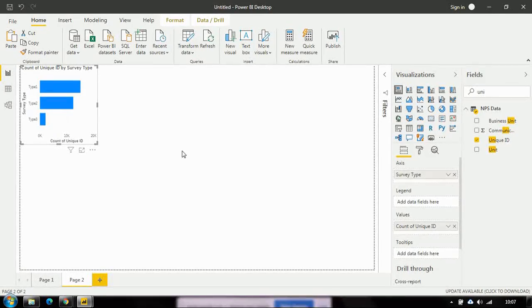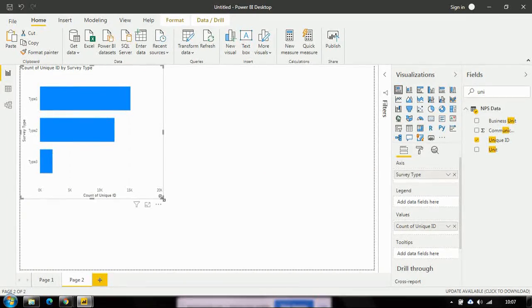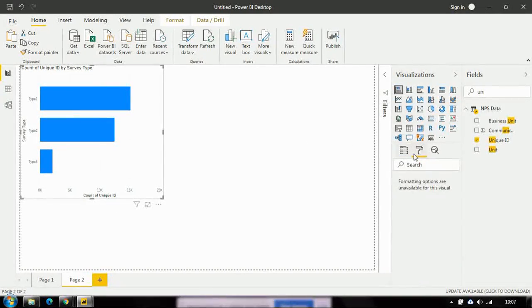I'll explain one chart in very detail, what are the features available. So you can see here there are three survey types, type 1, type 2, type 3, and for each survey type these are the counts that we have, but we are not able to see the counts, we are just able to see the values under the axis. How do we get the values here? Now go into the format pane,